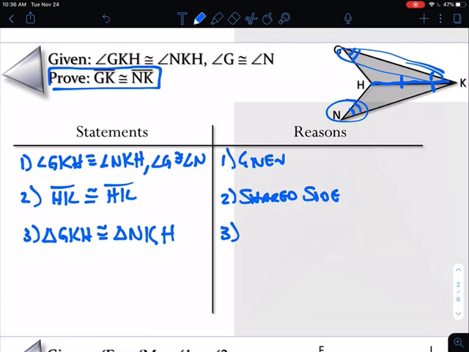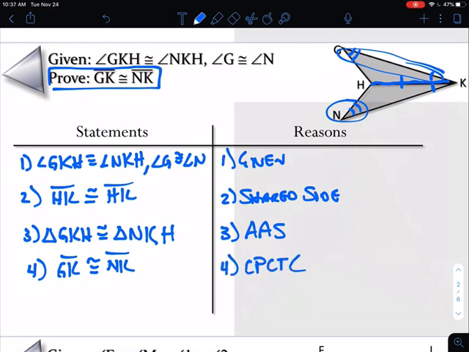So that means it's not included, it's not in between the two angles. So this is going to be AAS, one of our shortcuts from the last section. And now once the triangles are congruent, my last step is exactly what they told me to prove. I can now say line GK is congruent to line NK